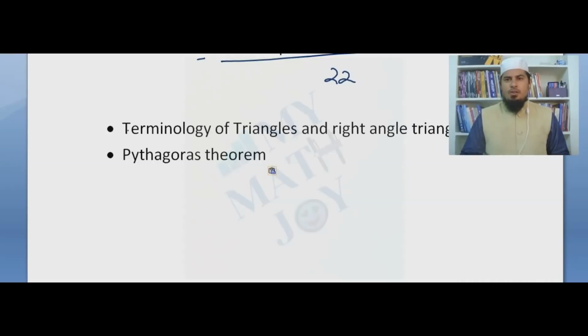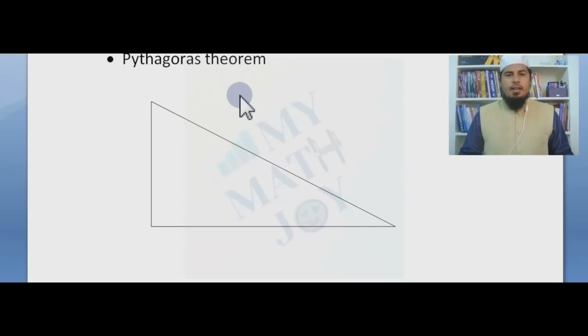Here comes a triangle, and I have taken a right angle triangle for our consideration. Why have I taken it? Because the total trigonometry concept we learn is in the right angle triangle only. Why do we use right angle triangle only? Because 10th class level is the basic and starting level of our trigonometry. That is why we go with right angle triangle.